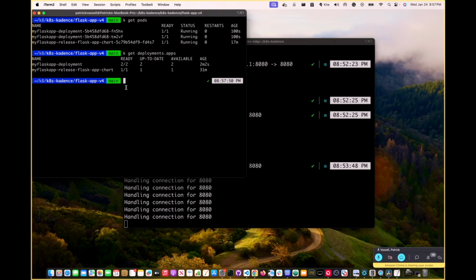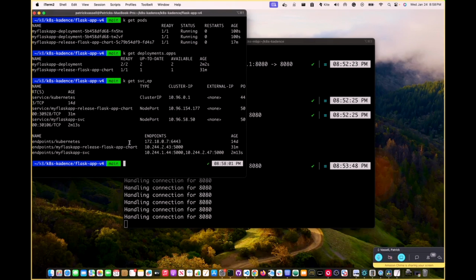And also looking at the service, I can do k get service and slash endpoints. We can do that here. So we have our endpoints. They're both attached, so that looks good. And the service here under NodePort. So that looks good. So pretty much it is doing essentially the same deployment way, but Argo CD gives